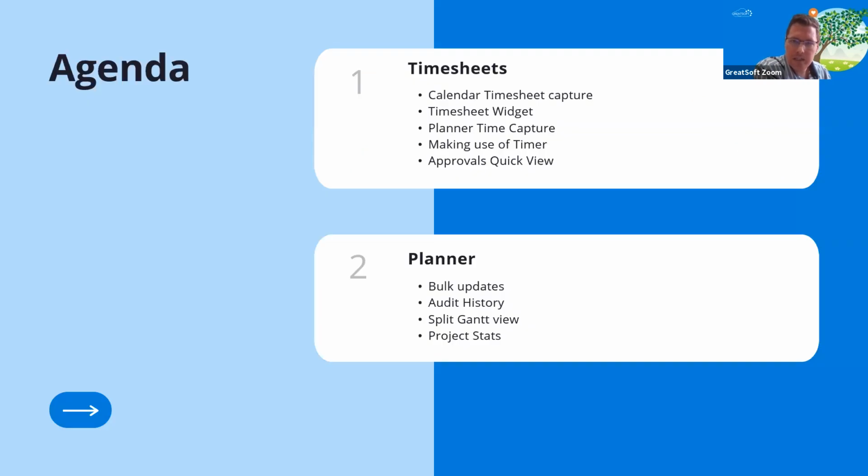Let me just check here quickly. So we've got the timer, the plan time, the widget. Okay, so